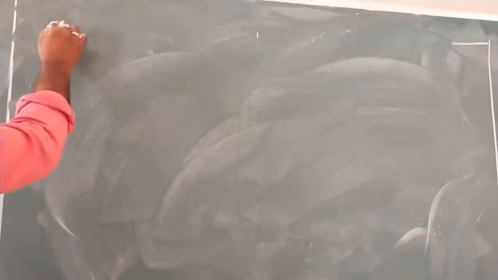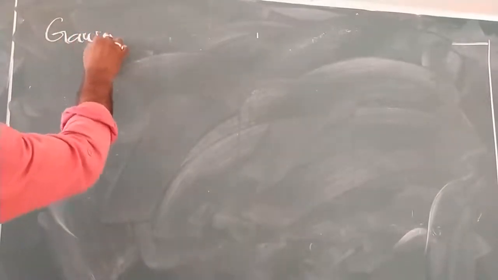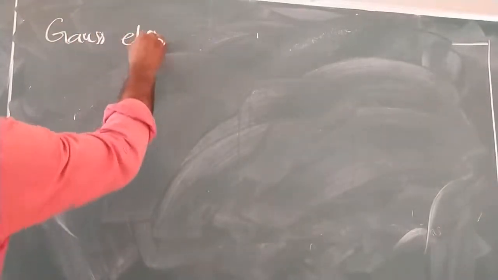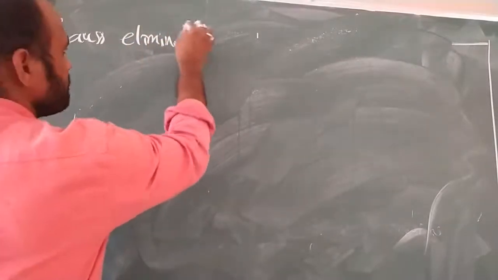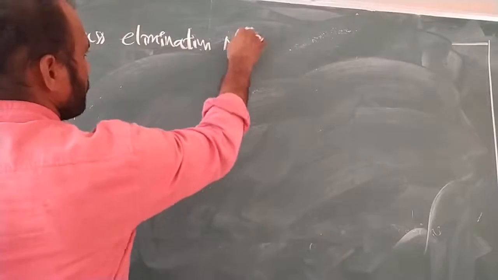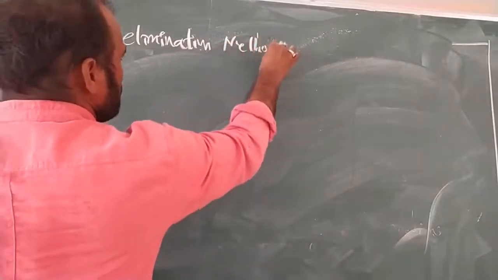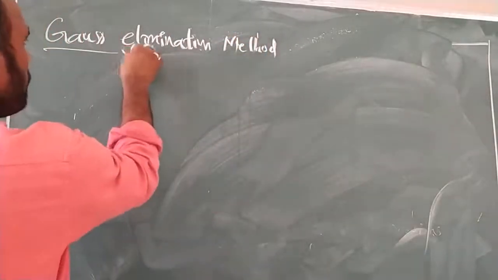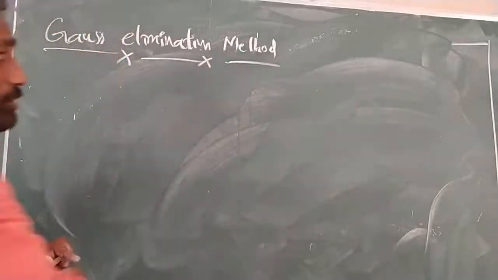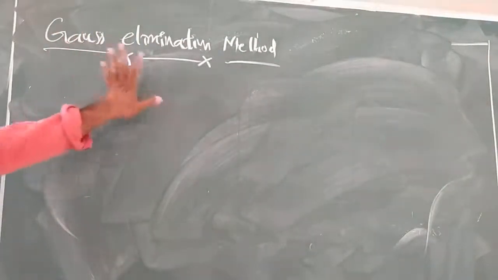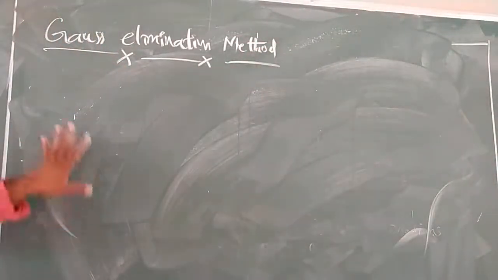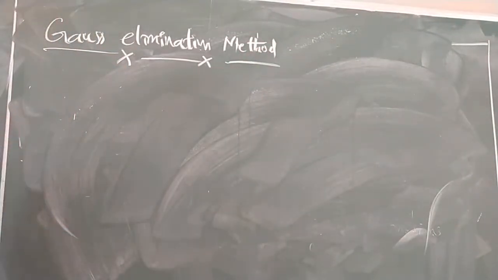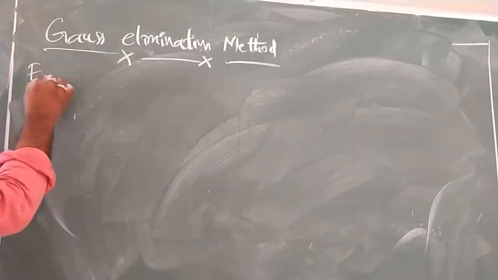Now let us see the third type, the Gaussian elimination method. This method is nothing but row echelon form, what we did in a similar manner, elimination of the rows by making as many zeros as possible. This method is applied for square matrices as well as rectangular matrices also. So this is the best method to be applied. To understand this, let us solve one example.